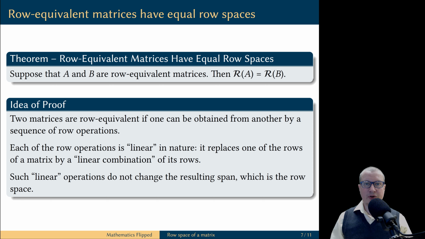So let's summarize what we learned so far about column spaces and row spaces. Suppose you're given one matrix and you're asked to find the basis for the column space and the basis for the row space. For the column space, you would reduce the matrix itself, look at the pivot columns in the reduced matrix, and take the corresponding columns in the matrix A. But for the row space, you have to transpose the matrix. And this means you have to do another reduction.